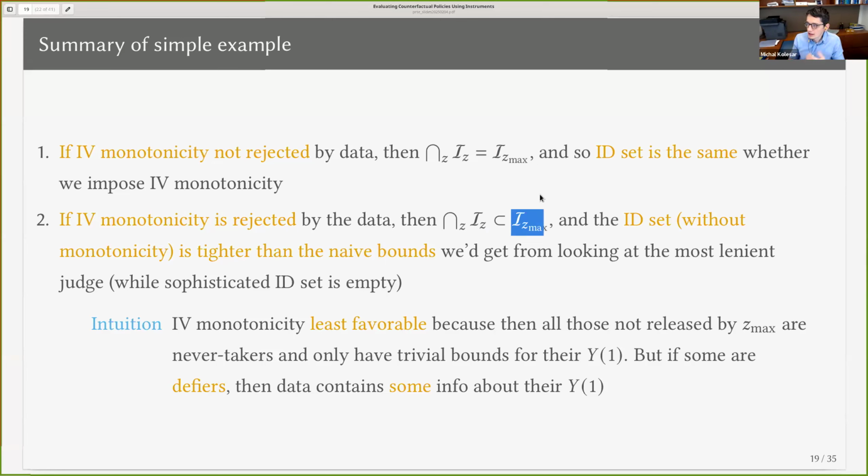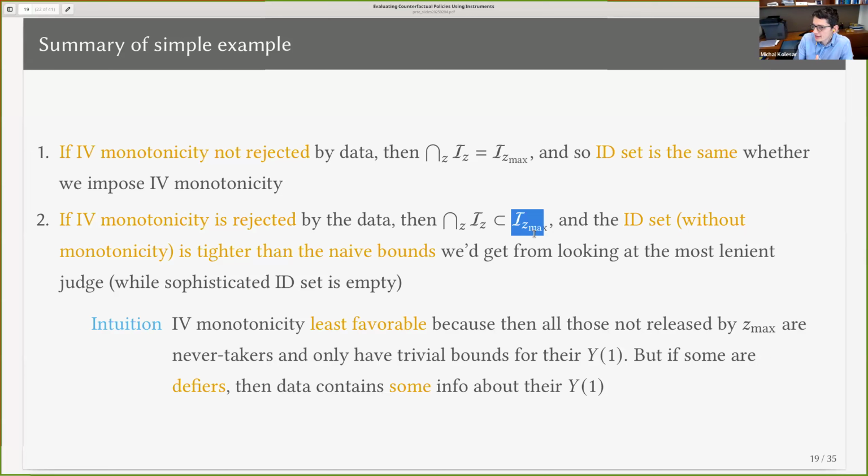And so in general, our linear programming characterization is going to give you bounds that are tighter than the naive bounds from imposing monotonicity. On the other hand, IV monotonicity here is not going to help you tighten the bounds. And now the intuition for why imposing monotonicity doesn't help you tighten the bounds is just that